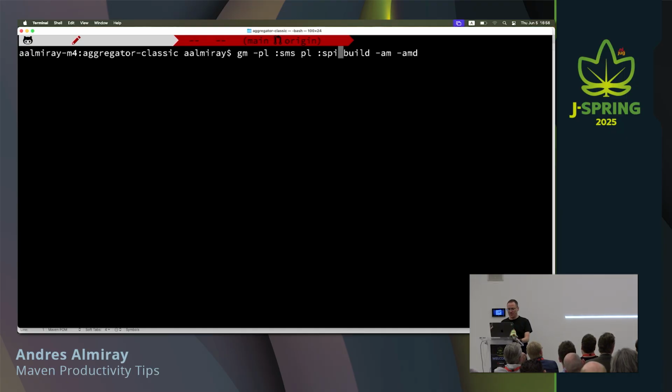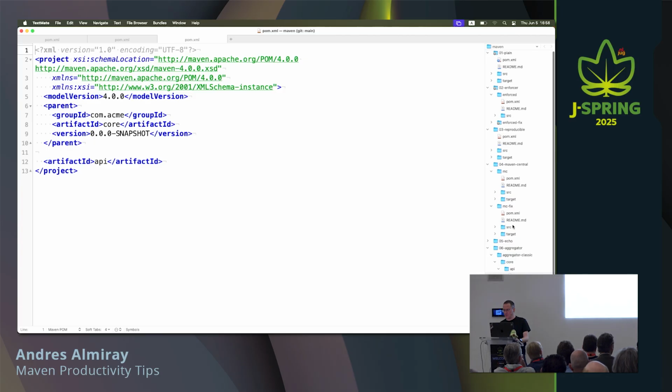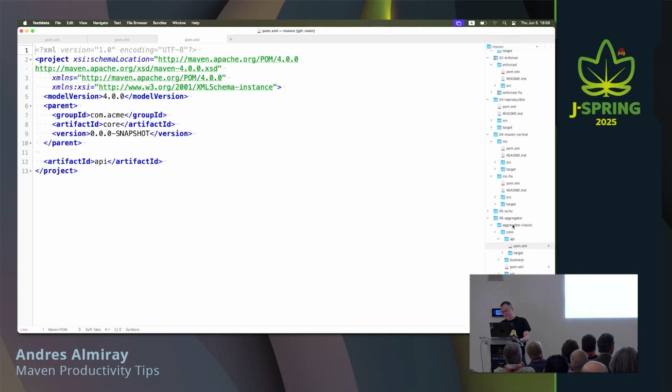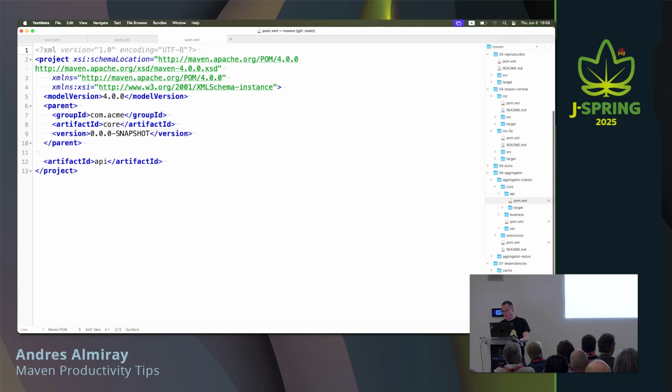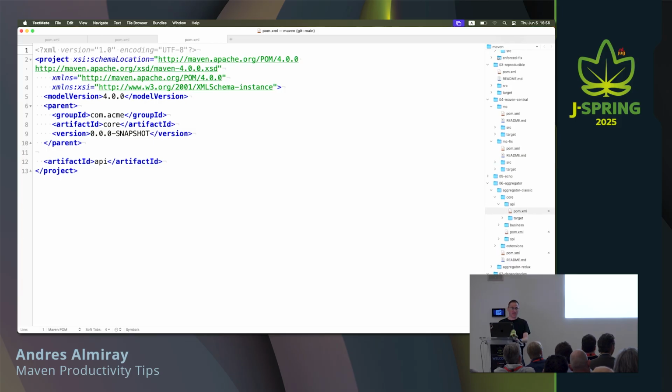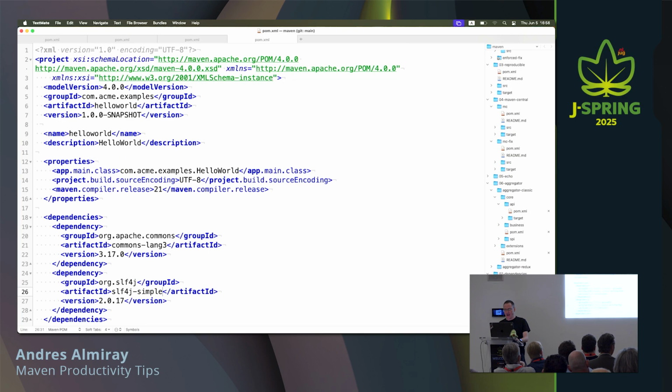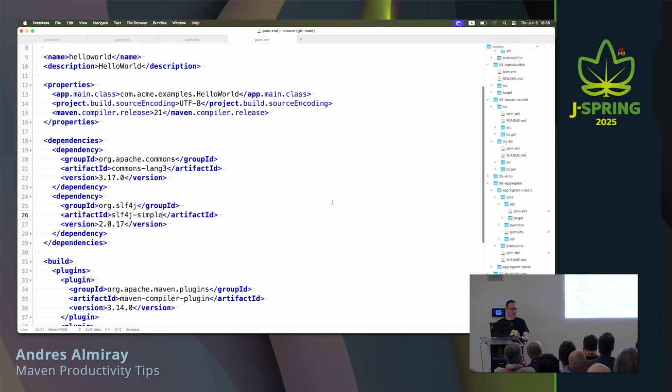All right, 4 minutes left. There's one thing that I would like you to know also. Dependency management. We probably could kind of skip it. I said we're gonna spend like 5 hours talking about this one. I have a project here that has 2 dependencies, commons lang and SLF4J simple.